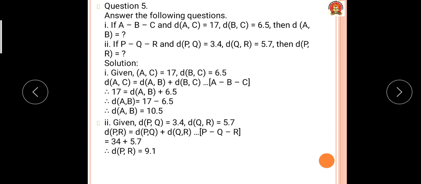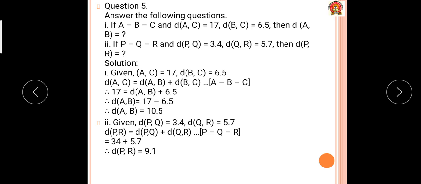Okay, no need to write other possibilities, because no other possibility is there. If in the question it is already given that one-to-one correspondence, we have to consider that condition only. The other two conditions we need not consider. So distance of AC is equal to distance of AB plus distance of BC, and therefore distance of AC is 17, BC is 6.5. Distance of AB we have to find out. So by using this equation we can shift this 6.5. 17 minus 6.5 you will get 10.5, and this is the distance of